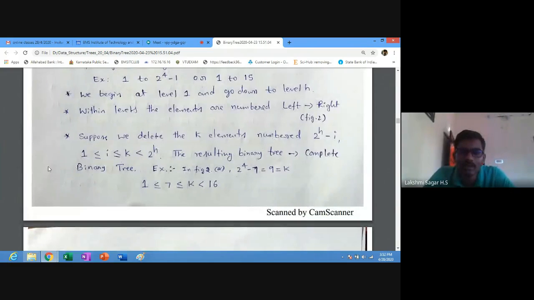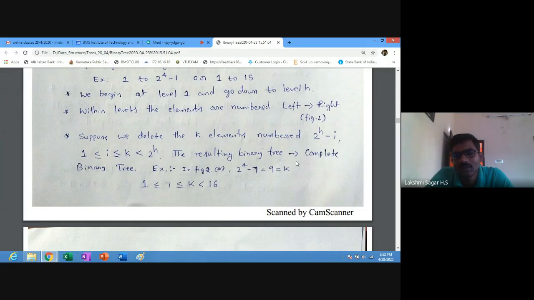Next, we see the next statement. Suppose we delete the k elements numbered 2 power h minus i, where 1 less than or equal to i, less than or equal to k, less than 2 power h.